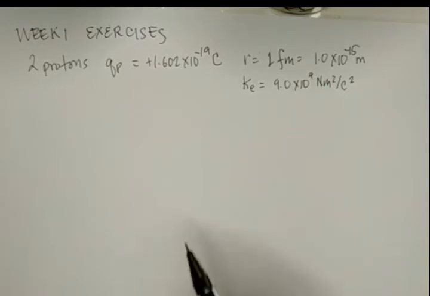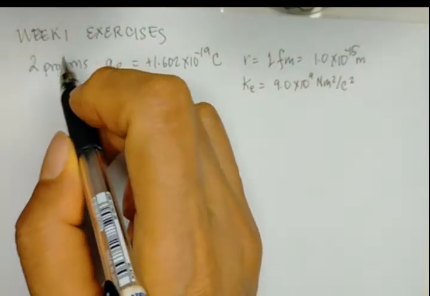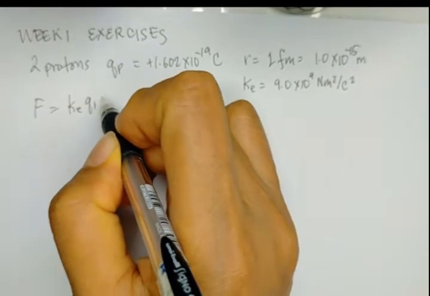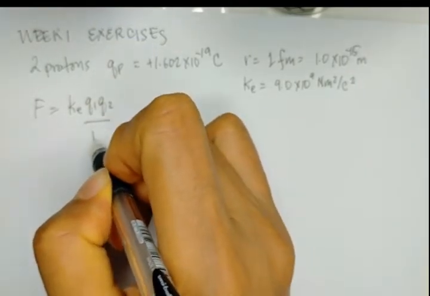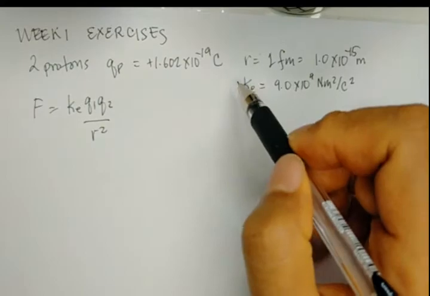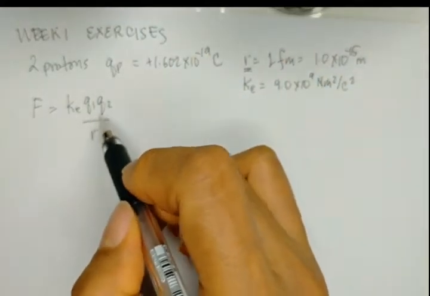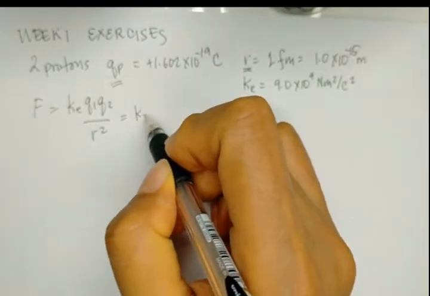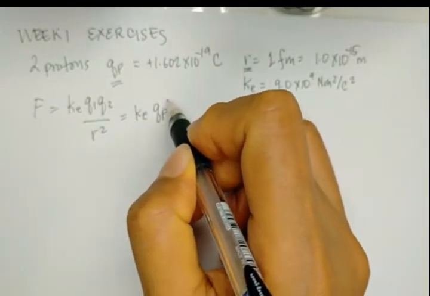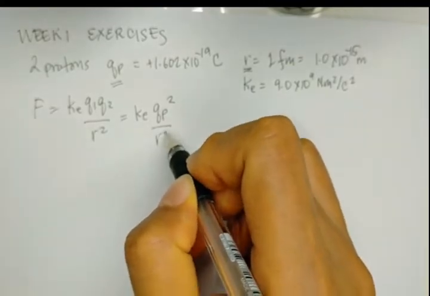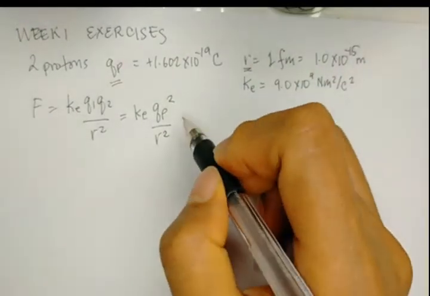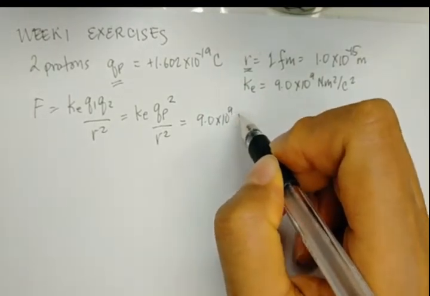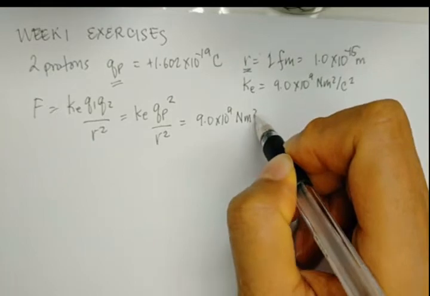Let's see. We all know that according to Coulomb's law, F is equal to K sub E Q1 Q2 over R squared. So we already know the value of R. We already know the value of Q. Since dalawang charges yan, we just write as that K sub E Q sub P squared all over R squared. So we write that once more, 9.0 times 10 to the 9 Newton meter squared per Coulomb squared